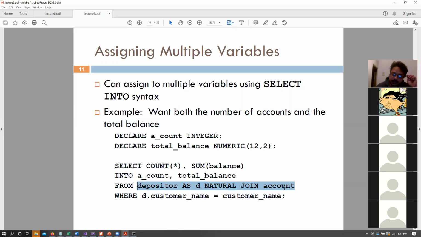So from depositor natural join account, where customer name equals the customer name that was given by the user as a parameter, select those rows, count those rows, sum them up, and set those values as a count and total balance. However, remember that if we are using this in a function, we are still allowed to only return a single value, right? We are not allowed to return both of those. So we have to only return one of those. But again, we can compute them if we want.